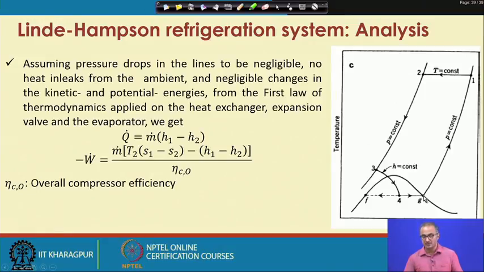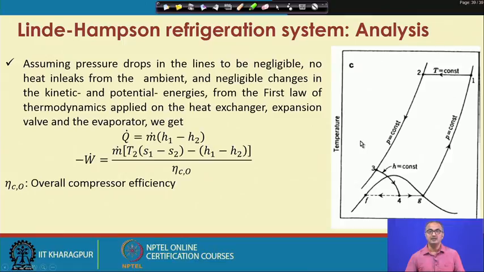Now once this particular vapor is obtained, this saturated vapor is taken back to the inlet of the compressor, and during this taking back, as I said, ideally we assume that there is no pressure drop in the pipelines, so that the pressure remains constant, whereas this particular vapor gets heated up in contact with the hotter fluid which is coming from point 2 to point 3, and then its temperature is ideally raised to the inlet temperature of the compressor, and this is how we are able to complete a simple Linde-Hampson refrigeration system.